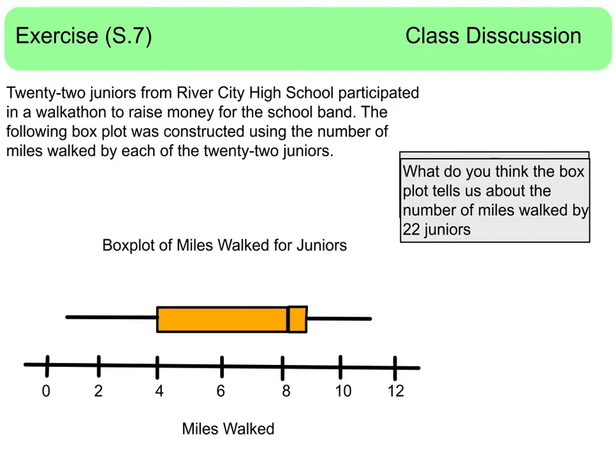Here in our final example, we have one final box plot where it says 22 juniors from River City High School participated in a walkathon to raise money for the school band. The following box plot was constructed using the number of miles walked by each of the 22 juniors. If we play that same 50% idea, between here and here is 50% of our people, so we might say that 50% of our walkers walk between